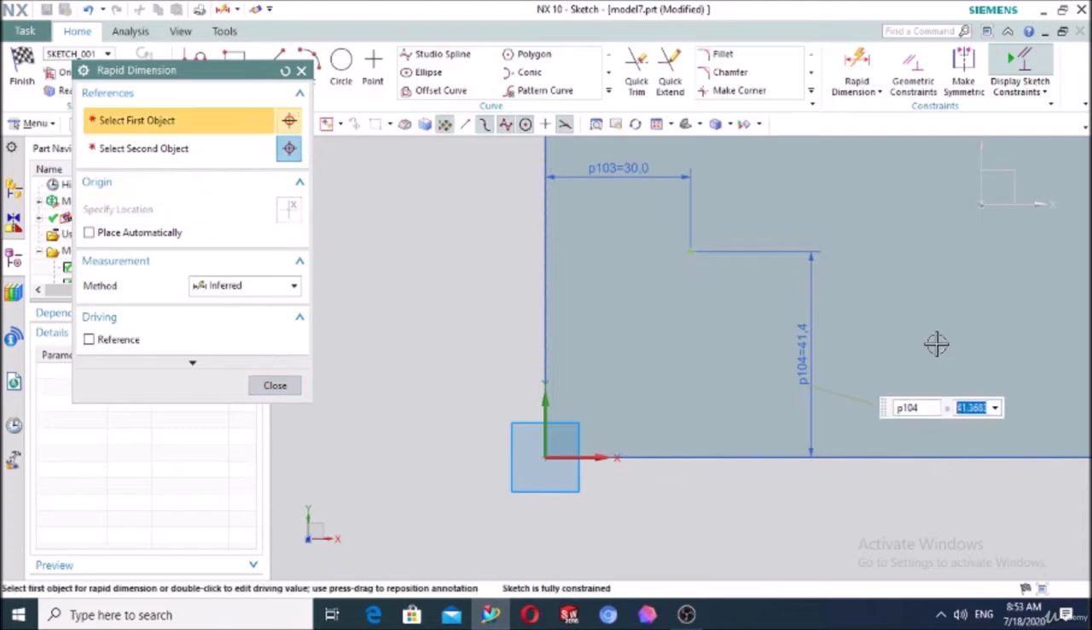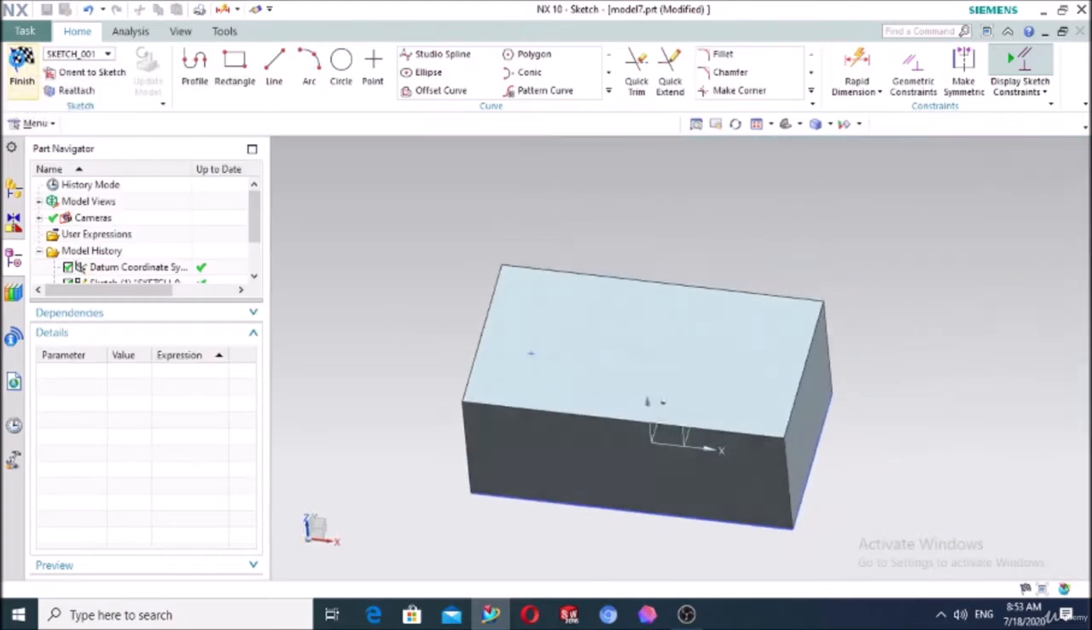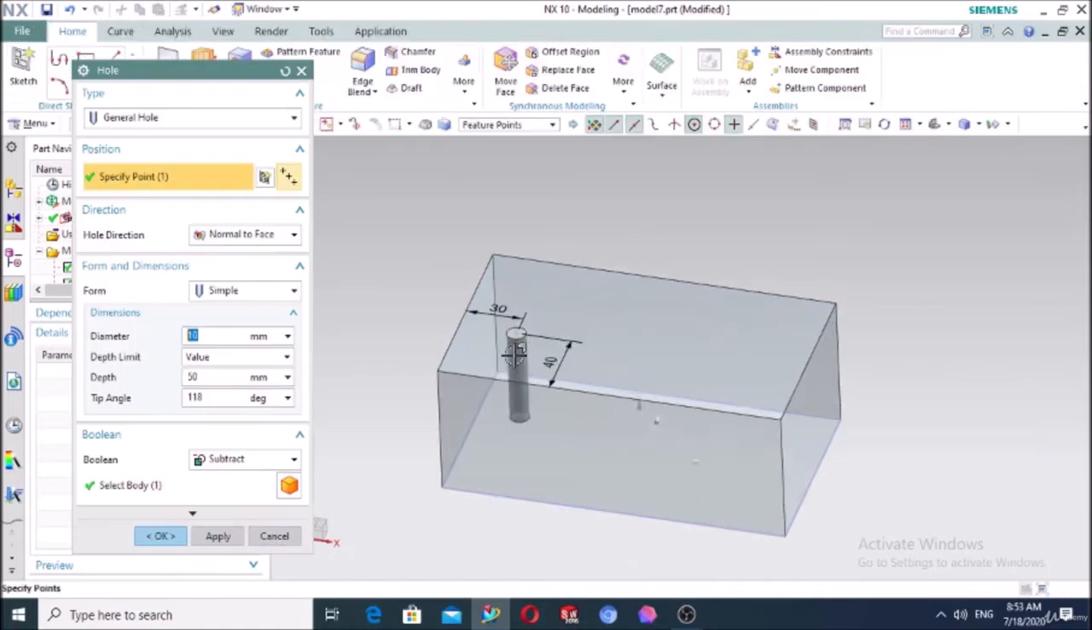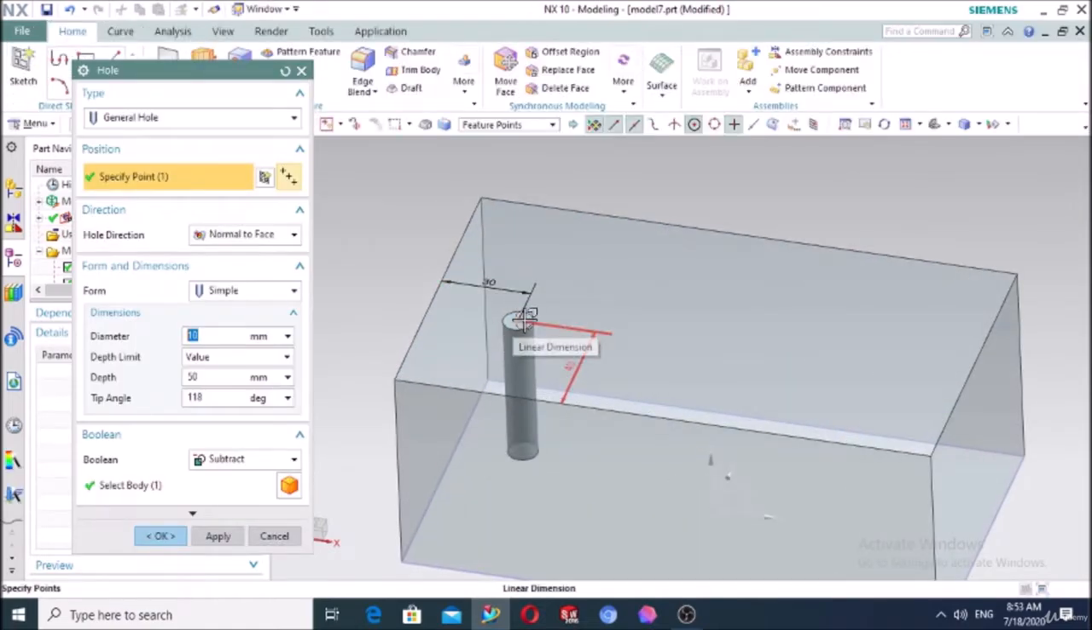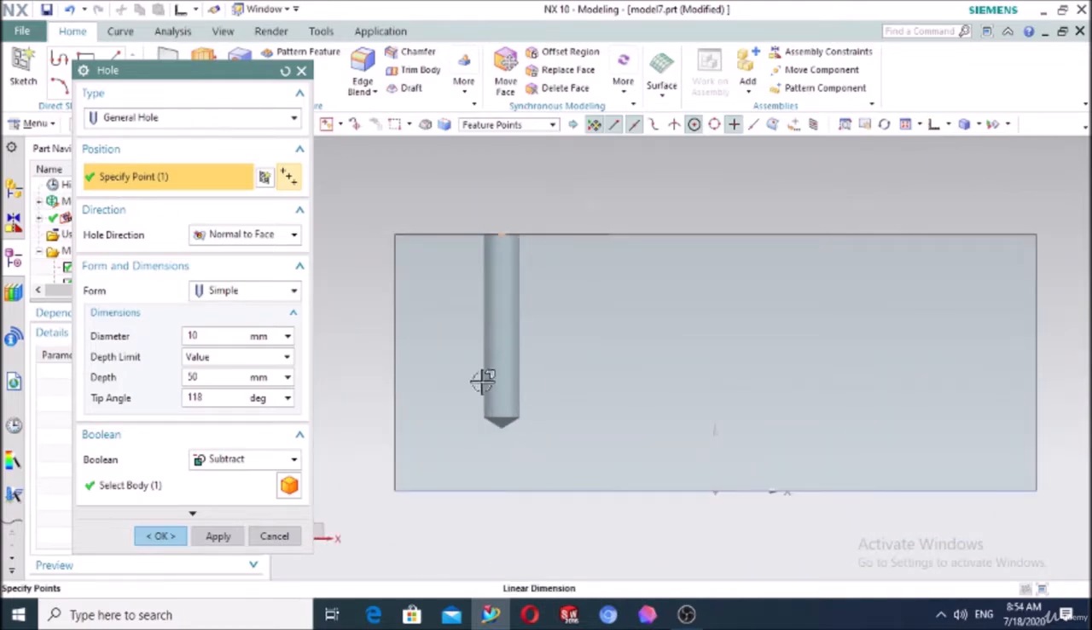for example 40 millimeters from this side. We defined the position of the hole and press finish. So from this point the hole is created. It is the simple hole. That simple hole, let's see from this side. You see it is the simple hole, and we can define its diameter, for example 15, and we